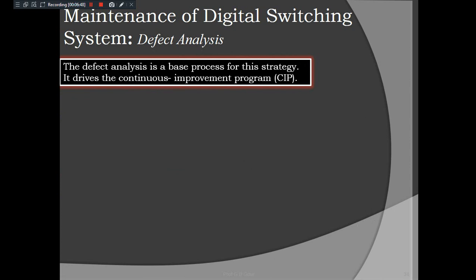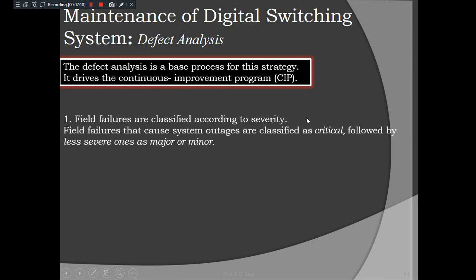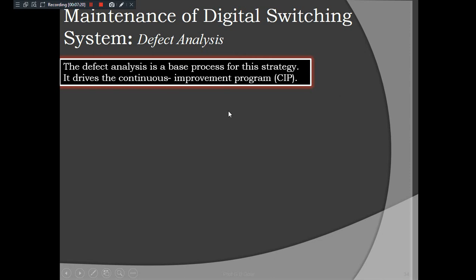Listen here guys, this is another very important part of this module 5, part 1 module 5. So this defect analysis, each part now we are taking separately for the discussion. In the last video we discussed the continuous improvement of the DSS program. There you have seen the defect analysis is at the bottom, at the top CIP is there, and in between you got the processes. So those processes we have discussed so far.